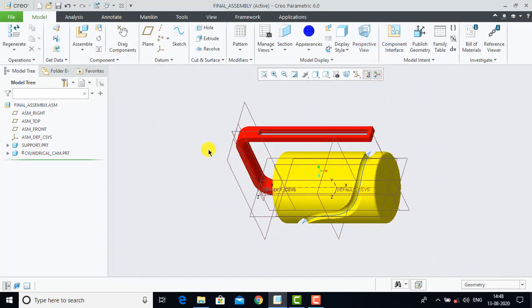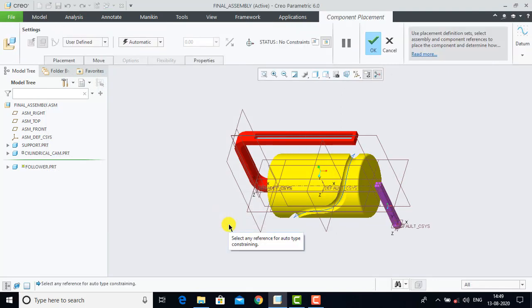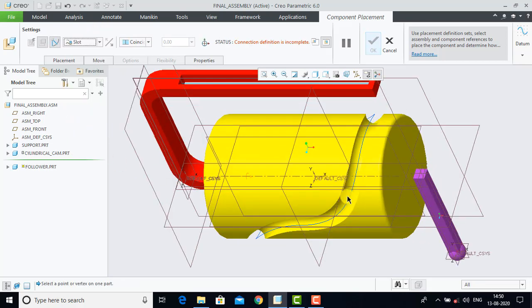Now we'll insert the last component, that is the follower, and for that we'll go for the assemble. Select here follower and open. Now for the follower, first we'll apply constraint slot. So from here we'll select here slot. Then we have to select here this curve, that is the projected curve.